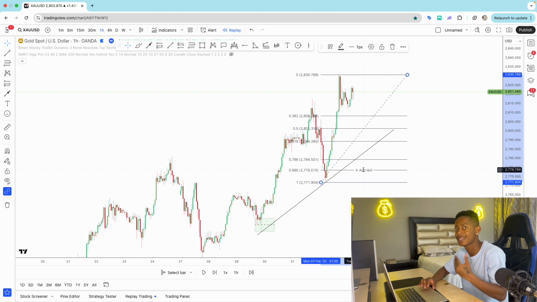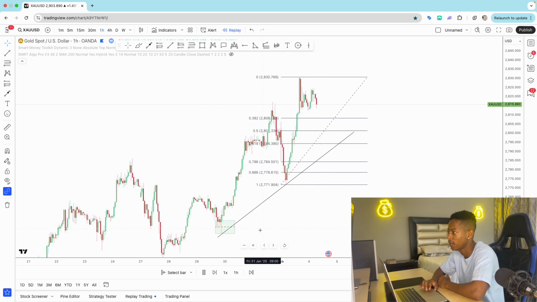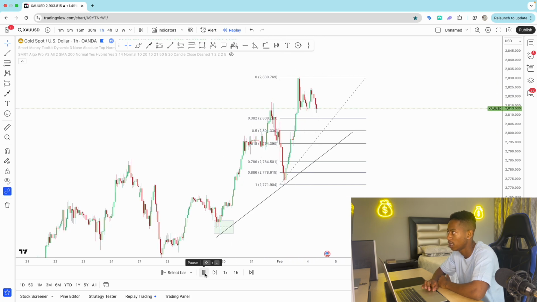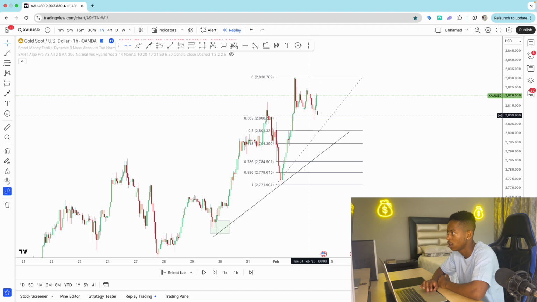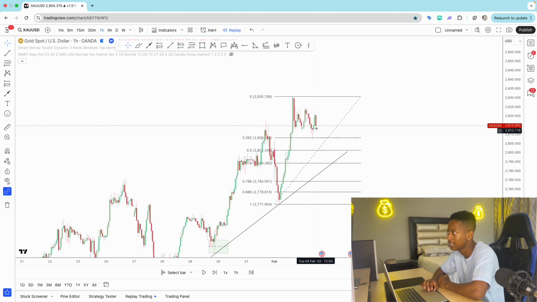In fact, there are even strategies for that, but we'll be able to look at them. For now, let's just see. We can see price is moving upwards. It's playing around here, and then boom, it touches here at the 38 level, and once it touches the 38, it even gives us a hammer. This would be a riskier entry. I wouldn't really take such trades, but